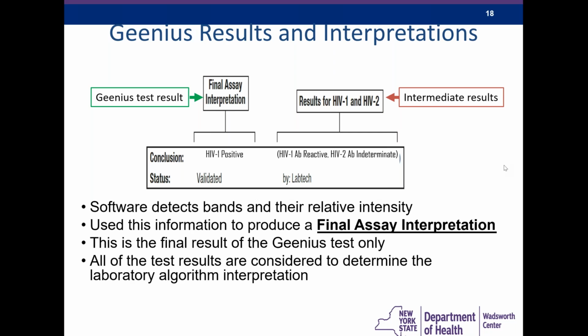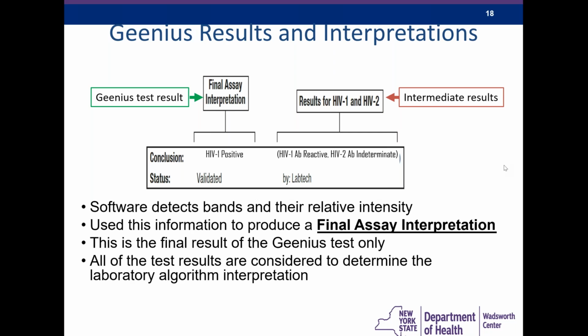And this can happen in cases where there's a very strong HIV-1 antibody response and there's some cross-reactivity that might cause one of the HIV-2 bands to show up, but the software can determine that is cross-reactivity and not HIV-2 antibody specific. The test instructions make it very clear that you should always report that final assay interpretation, because this is really the final result of the Geenius test and the one that should be used in determining